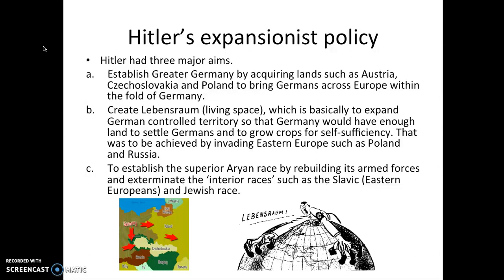The first one would be to create a greater Germany by acquiring lands in Austria, Czechoslovakia, and Poland. The aim is to bring in Germans, as in German people within the ethnicity category across Europe, within the fold of Germany. Okay, this is, to Hitler and to many Germans, the undoing of the wrong, the unfairness caused to them by